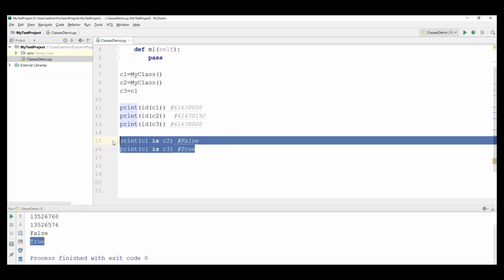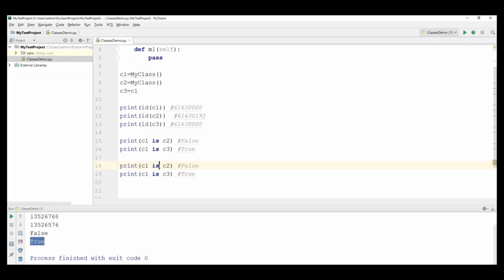For example, I'm using the same thing with is not. So here I'm saying c1 is not c2. c1 is not c2, right? So it should return true. And c1 is c3 is true, but c1 is not c3 should return false.